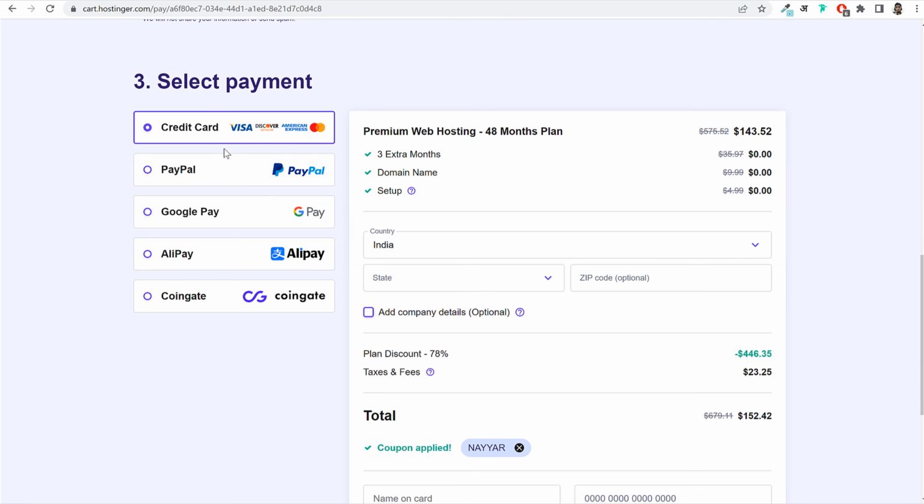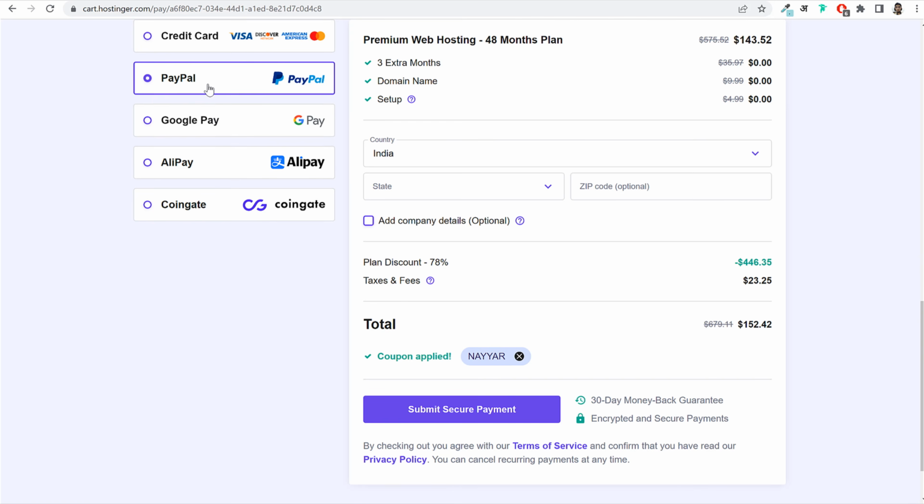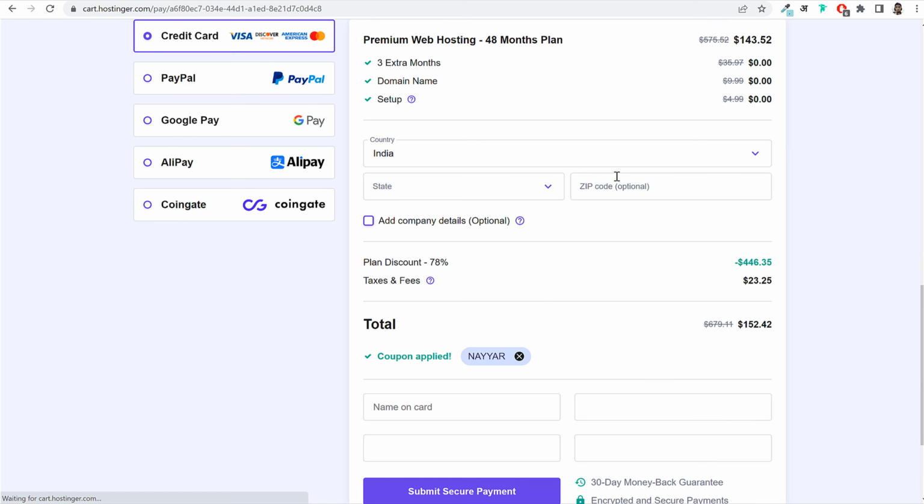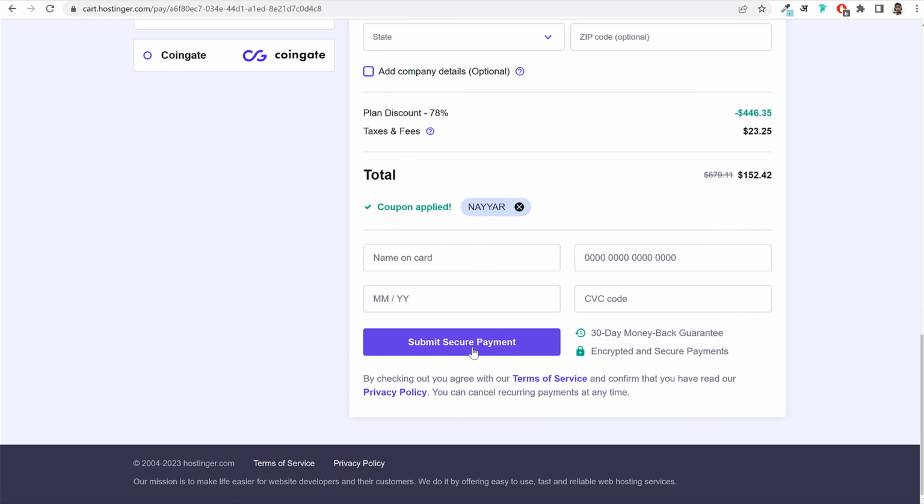Now we have to select the payment option. You can make payment through credit or debit card, your ATM card. You can make payment through PayPal, Google Pay, Alipay, CoinGate. Many different payment options are available. Whatever payment option you want to select, you can select that, enter your card details, and after that click